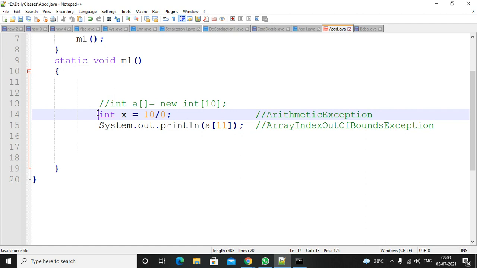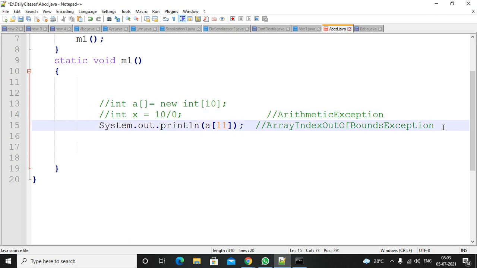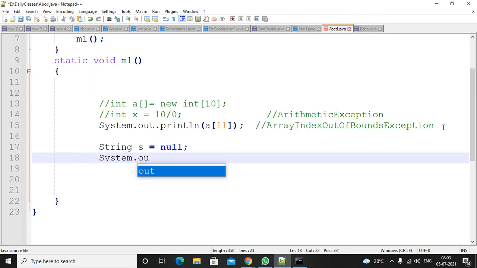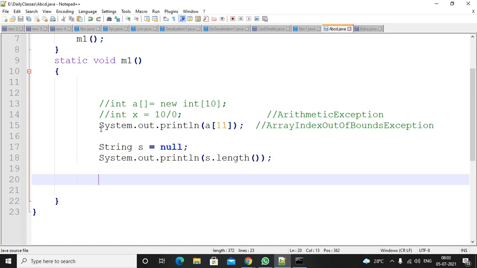Then what about this one? String s equal to... So what is this case? I commented these three. You already know, this is an arithmetic exception. And this is an array index out of bounds exception.